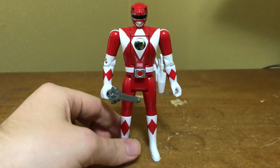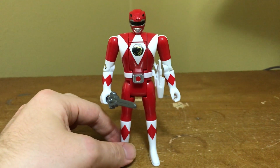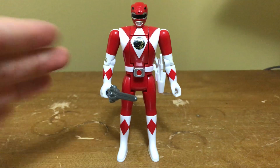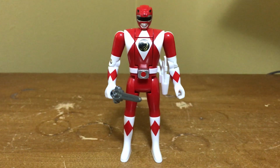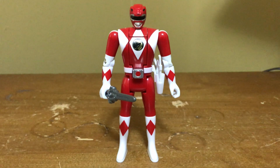Today we're going to be having a look at the Automorphin Red Ranger. Now, sadly, I don't have the Pink Ranger, Kimberly. I spotted her at Planet Comic-Con, that was last February, and I actually got to meet J.C. David Frank and Amy Jo Johnson. It was a dream come true for me. So anyway, now with that history out of the way,